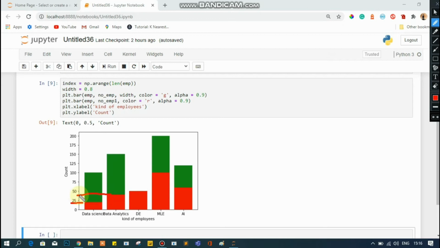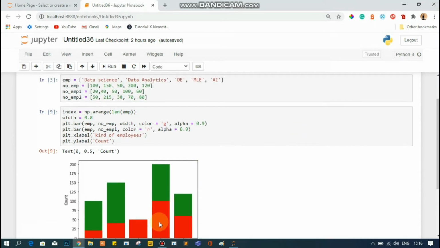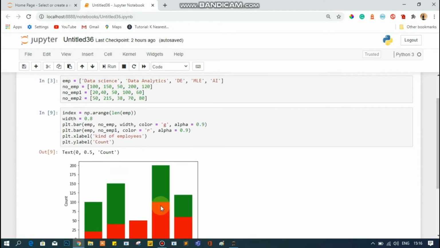For data analytics it is around 40, and for the DE it is around 25. For machine learning engineer it is 100. So this is how the stacked bar chart has been created for the second employee. This red one is for the second employee, and the green one is for the count of the first employee.